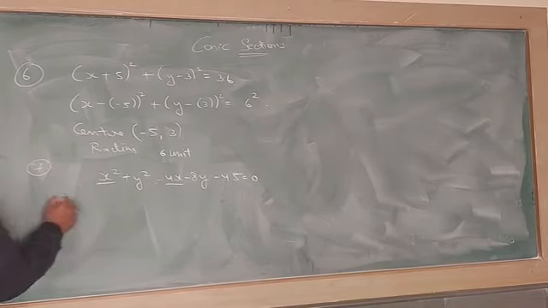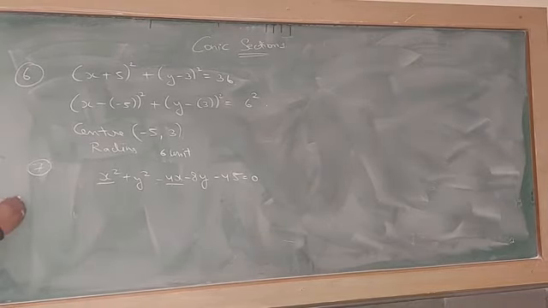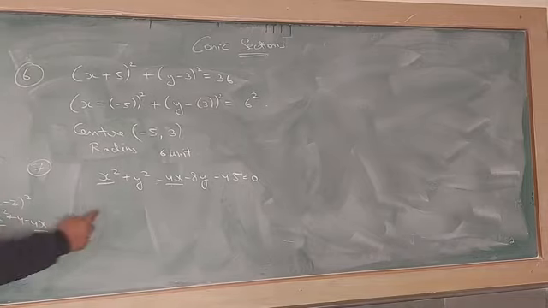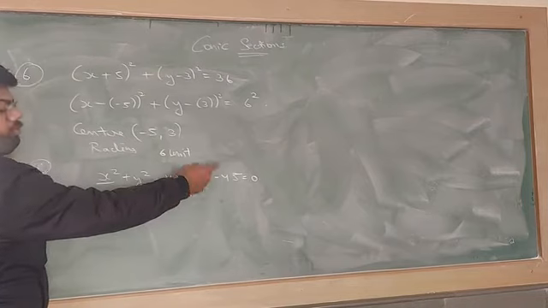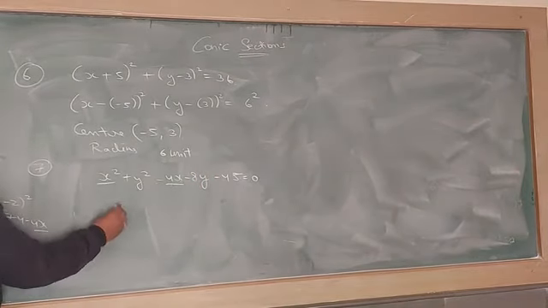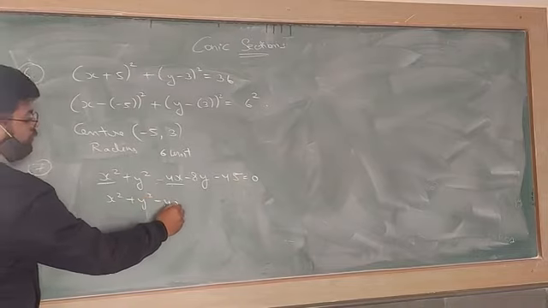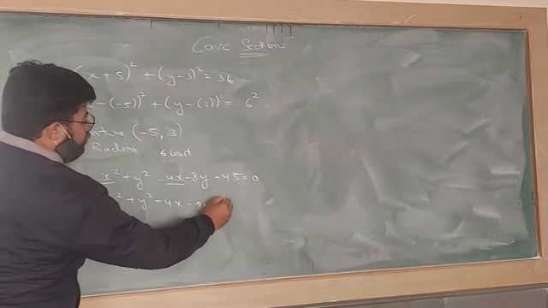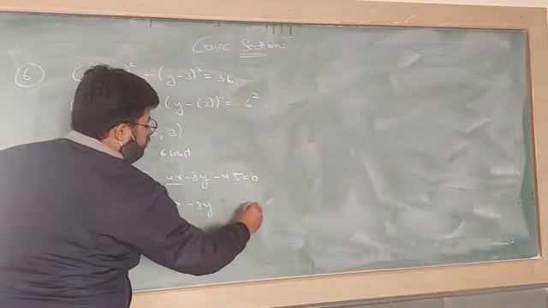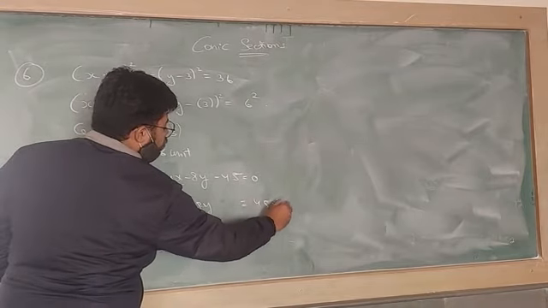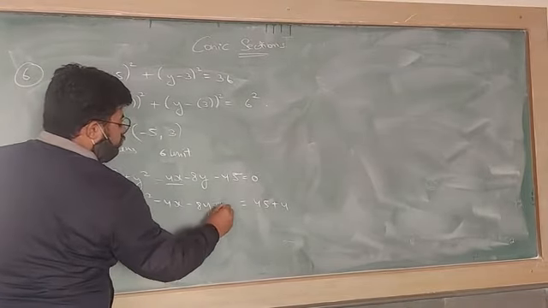If you open it, (x minus 2) whole square, what do we get as the answer? X square plus 4 minus 4x. So this is already present. Now we want 4, so now we can write adding 4 both the sides. So x square plus y square minus 4x minus 8y, 45 will be transferred there. So 45 plus 4 here, and we can plus 4 here.